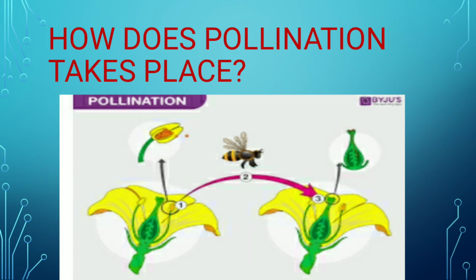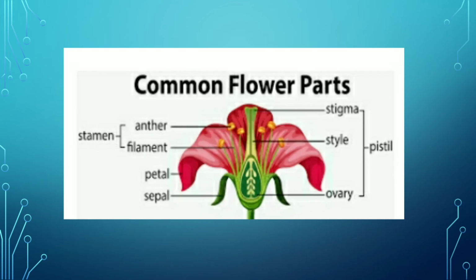The pollen tube lengthens through the style and enters the ovule in the ovary. And there it releases its male cells, which fuse with the female cell of the ovule to produce a zygote. The ovule containing the fertilized cell develops into a seed. The covering of the ovule gives rise to the seed coat, and the ovary containing the seeds develops into a fruit. These are some common flowering plants.